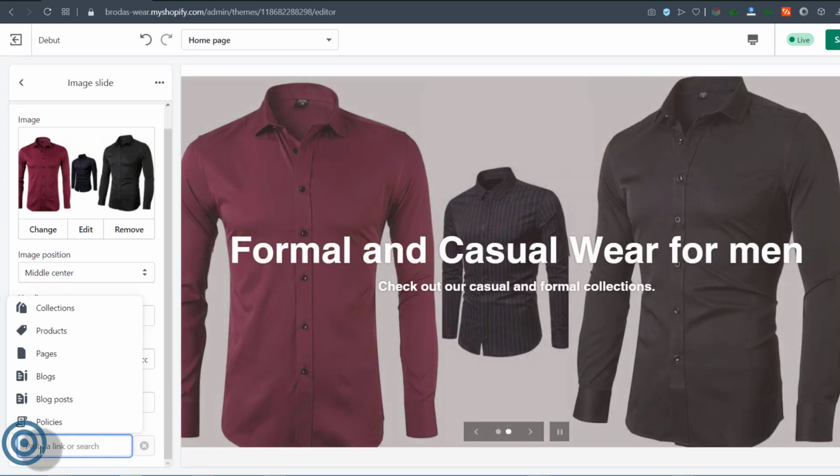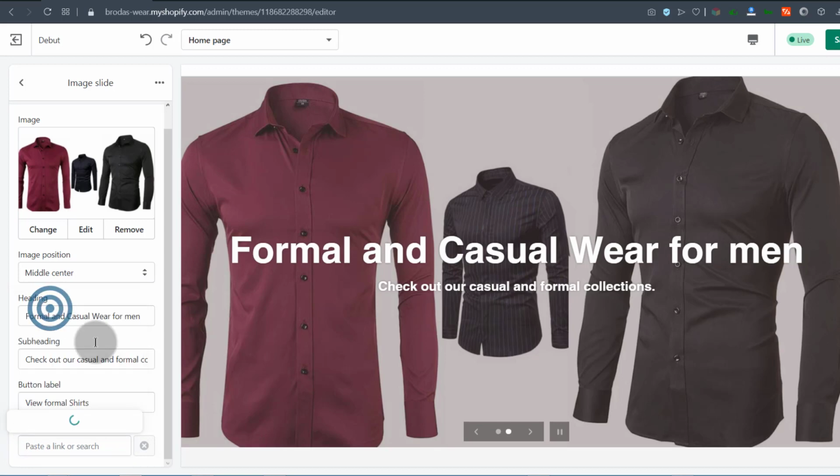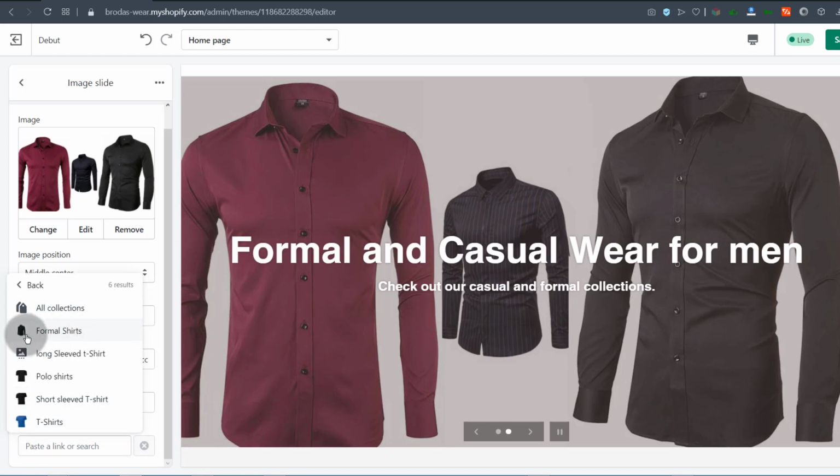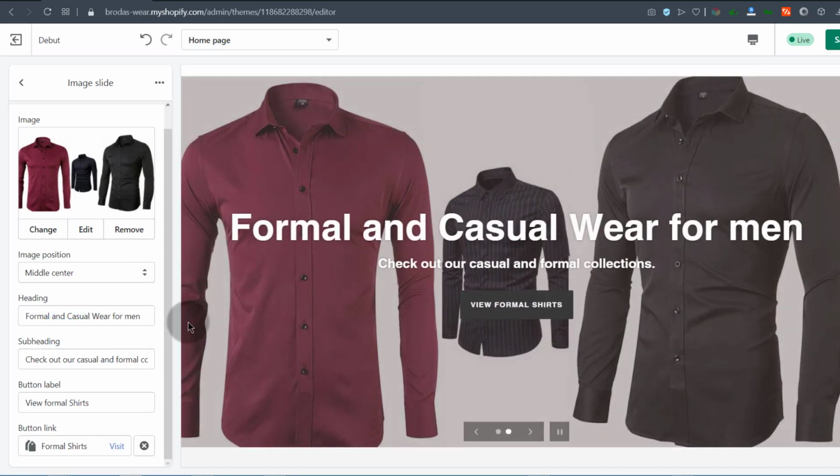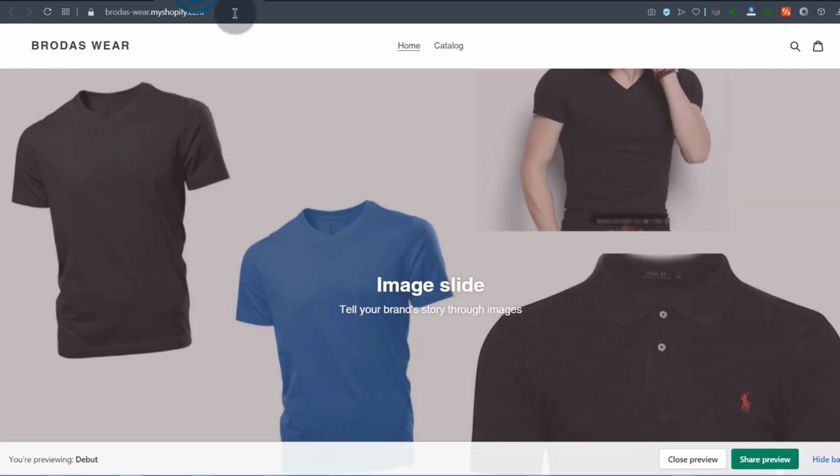If you do want to add a link here manually, you can just paste in a link. Okay, that's possible, but I do want a collection, so I'm going to go under collections, and let's see if I do have a formal. Yes, I do have this. And you saw how to create collections. So if you don't know how to do that, just go back into the section about that and watch it. And I'm going to save, and if I reload,